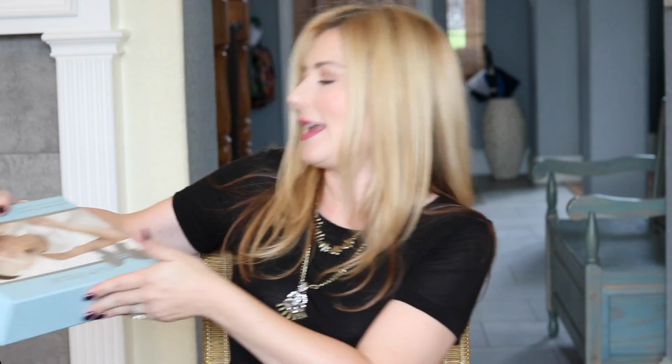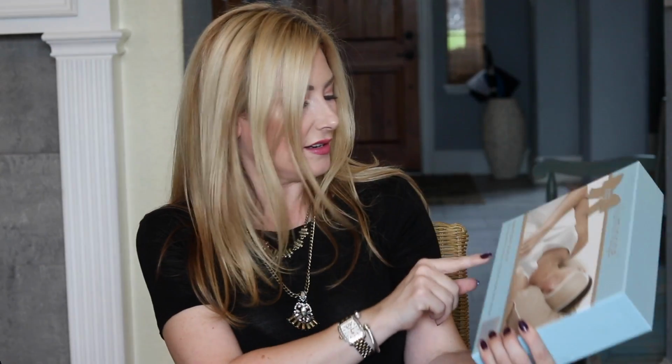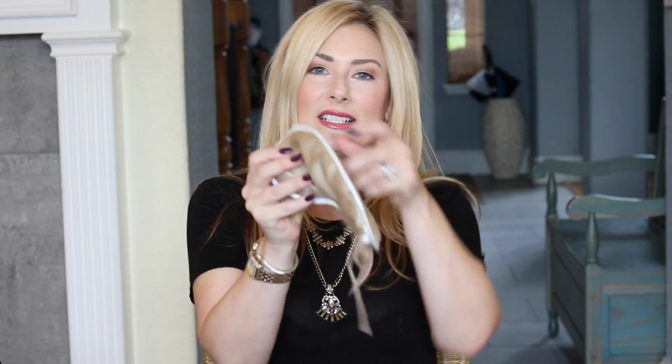And then finally, this was on my wish list, and I have to say that I couldn't wait for the video. I did pop this open and use it. It's the Illuminage Sleeping Beauty Deluxe set. This is the copper face mask that I have not used yet. Let's see if I can open this for you. It's a copper face mask, which is, you know, good for travel, I guess. So I'll be using that next month. And then 2 copper infused,